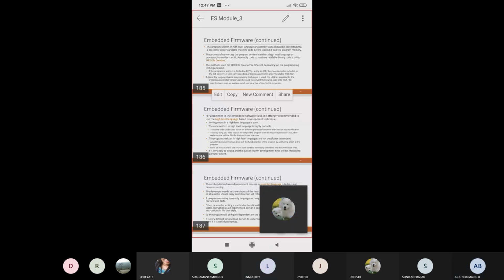See here, they should carry the instruction set before the developer. They should know all the instruction sets. Suppose you go for the 8085 microprocessor, or any other microprocessor, 8051 or Atmel or PIC or some Arduino processor. If you want to develop any assembly language program, they should know the ins and outs of the instruction sets. Otherwise, they should carry the reference manual with them. Then a programmer using assembly language techniques writes the program according to the developer's taste. Based on your specific task only, you can write the program.